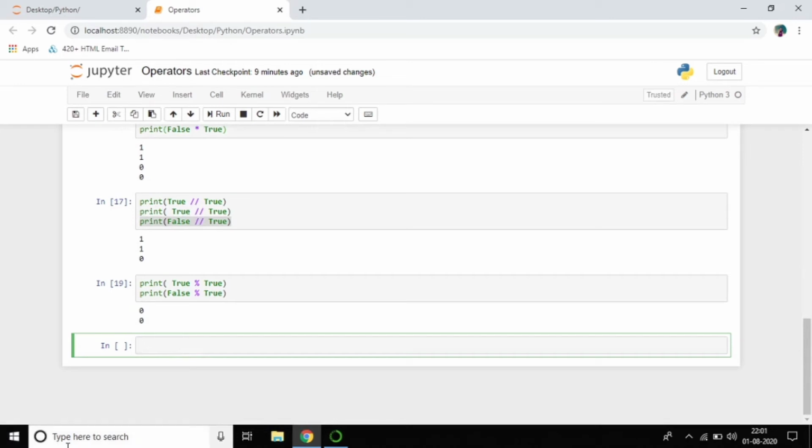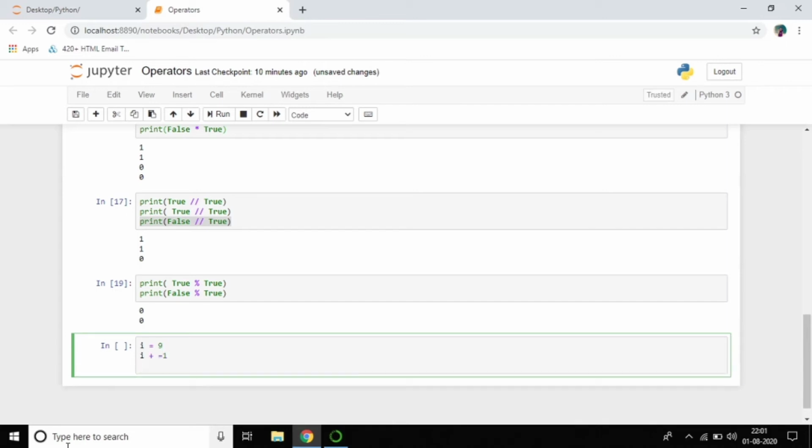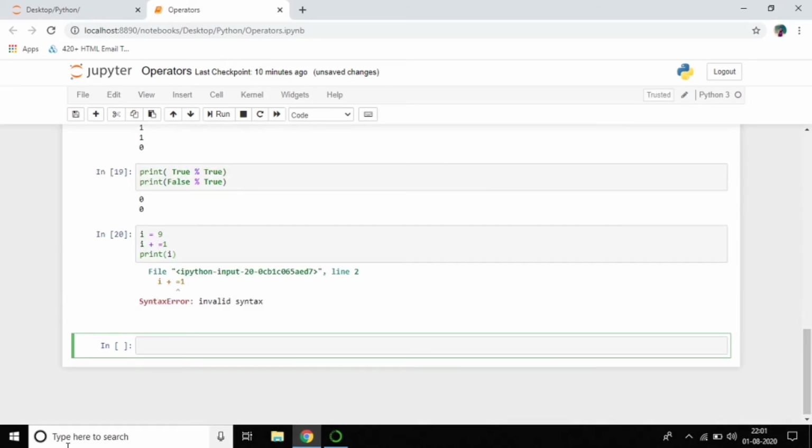Now we will do some increment operations. Suppose I take i equal to 9. I want to increment this value, so you write i plus equal to 1. That means it will increment by one, so it will print 9 plus 1, that is 10.